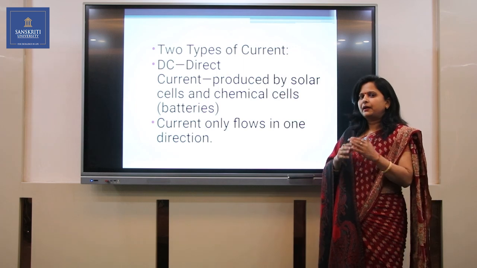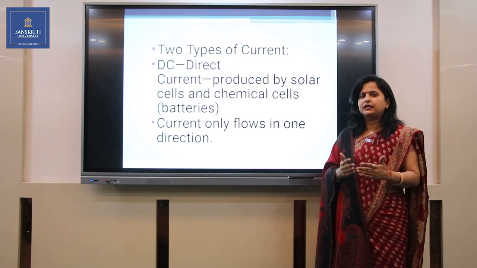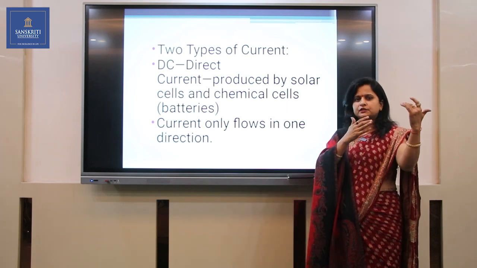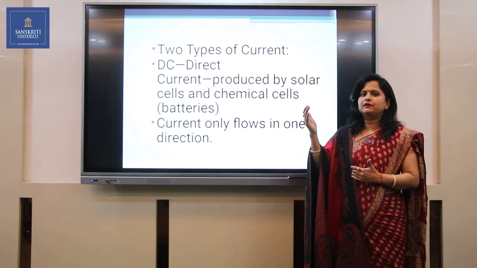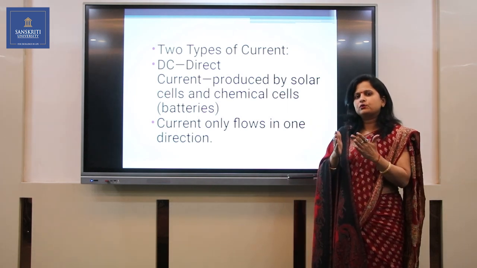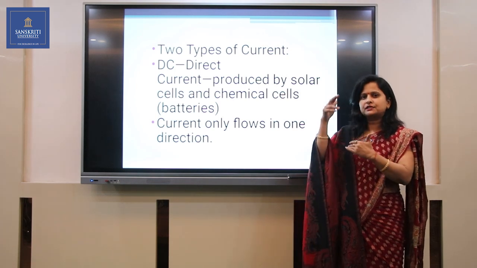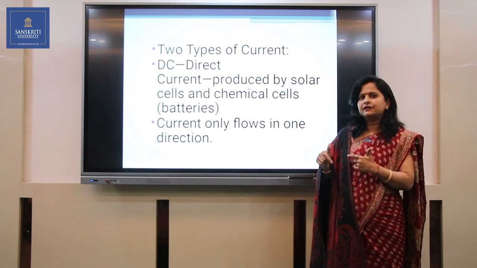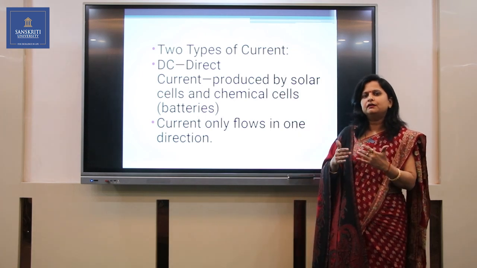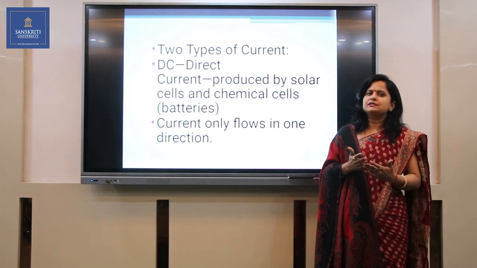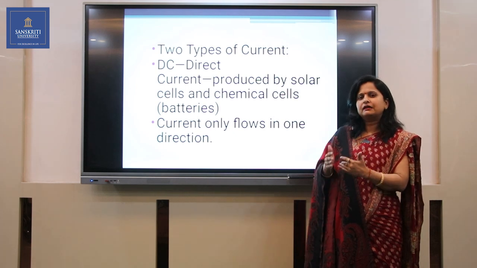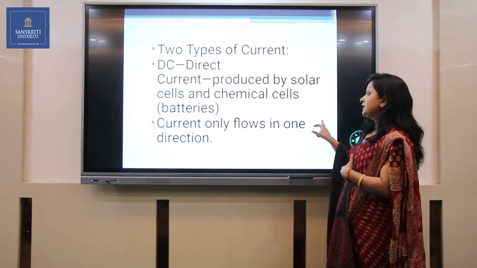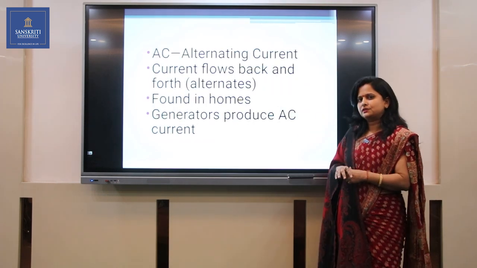Note here that the magnitude can be varied in variable DC, but the phase, what is the meaning of phase? Phase means positive to negative or negative to positive. It will never change. So phase will be constant. If it is on the positive side, then the wave remains on the positive side. If it is in the negative direction, then the wave will remain in the negative direction. So that means the phase will be strictly constant in case of DC. Fine. The magnitude can be varied or can be constant.